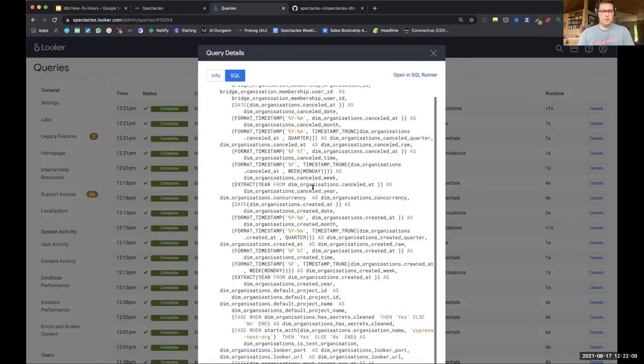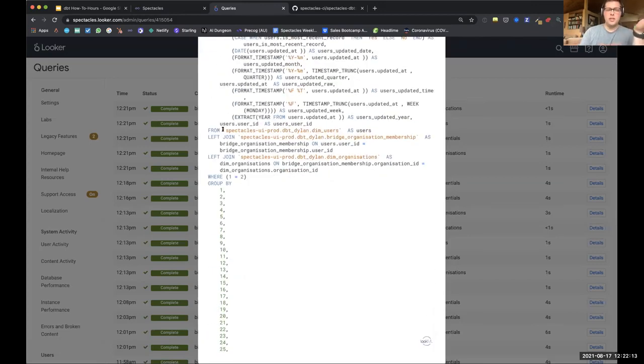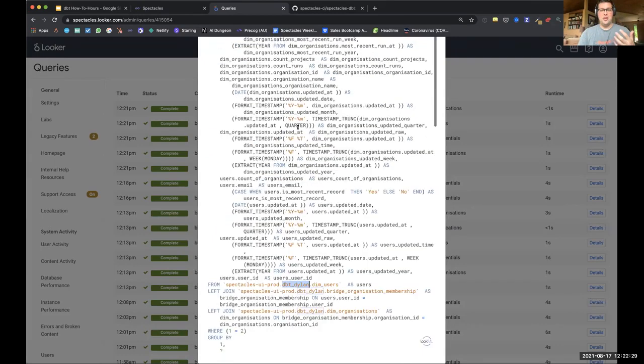And so I think these are the most recent ones. And there you go. You can see that Spectacles has run all the same tests, but it's now pointed to my dbt Dylan data set and lets me know, yep, Dylan, what you were developing, you're good to go. But all that is good for is for me to know personally that I've done it. We want that to be not manual and automated and visible on the pull request